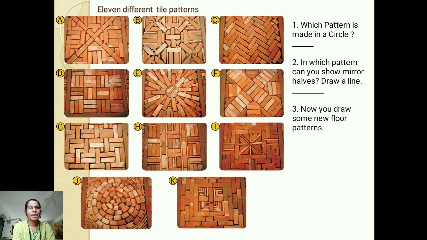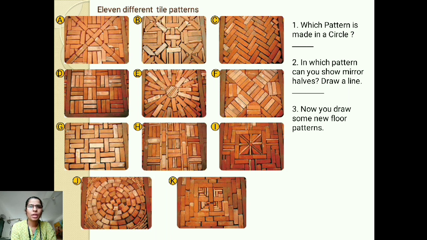They had also created certain patterns which showed a mirror half of it. Like you can see in B pattern, if you keep a mirror, an imaginary line, vertically, you can see that the other half of the pattern can be easily created because the left side resembles exactly the same as the right side, right? Even the size of the brick and the alignment of the brick.